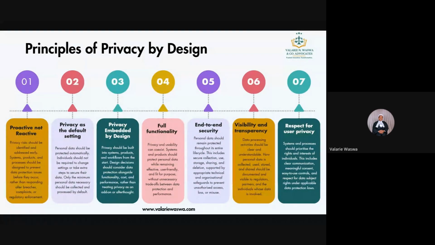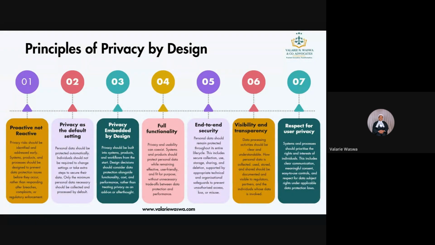The fifth principle is end-to-end security. And here now I want the cybersecurity guys to also just open their ears even wider. So what does this principle say? It says that, and this is something we believe in as a law firm, we cannot say we have data privacy if we do not have proper protection mechanisms, right? Again, cybersecurity and data protection are like two peas in a pod. These two things coexist. Cybersecurity exists to ensure that there's data privacy, and vice versa.